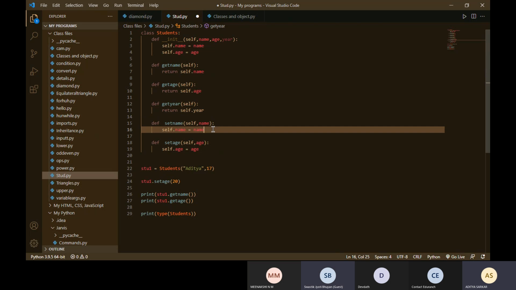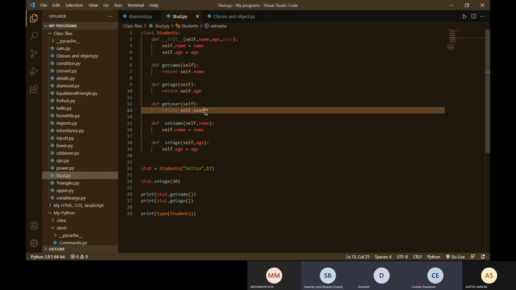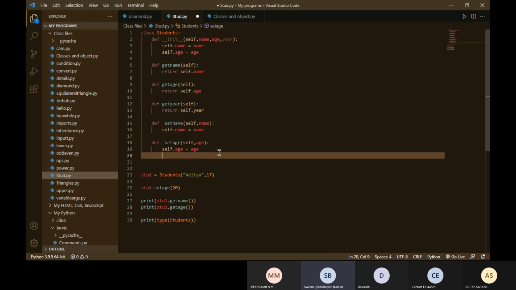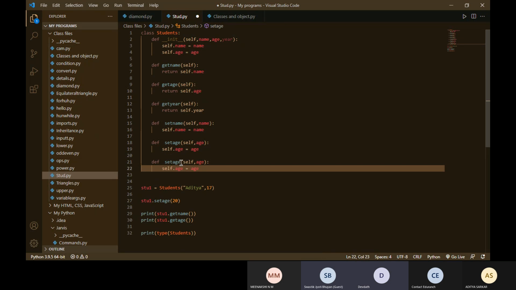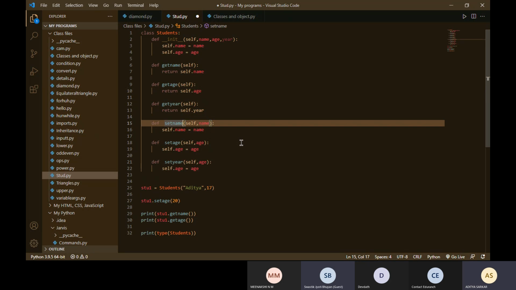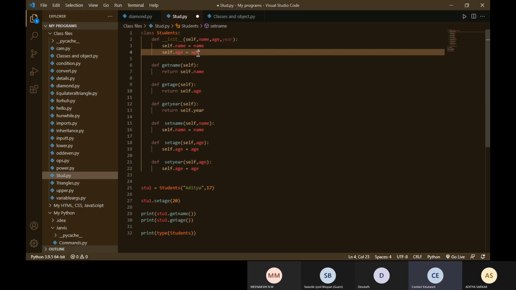Sir, I had a question. You told me to change Aditya's age. When I change it, how will I delete the previous age? What do you mean by delete previous age? It's not deletion, it overwrites.